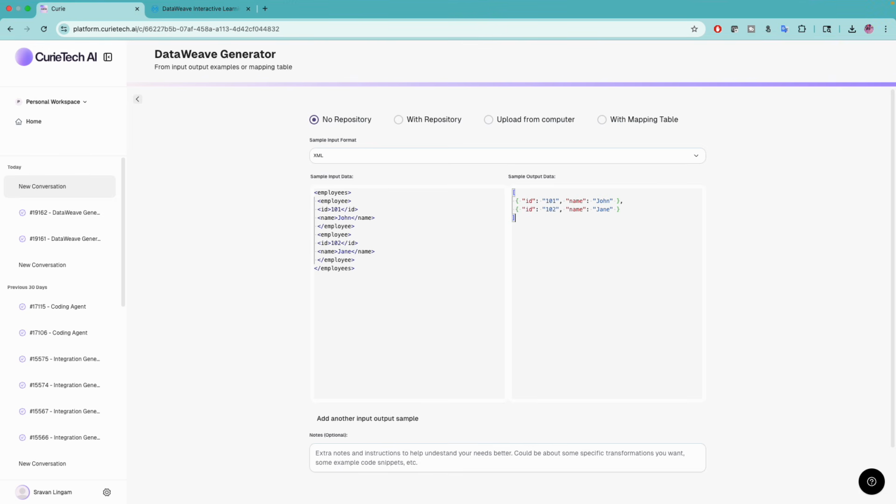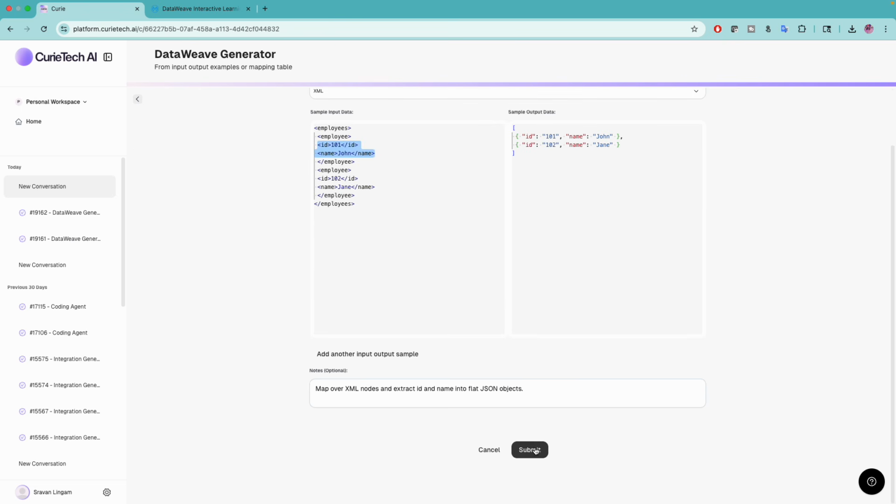So I have to give my prompt clearly, saying, hey, this is my prompt now. Map over the XML nodes and extract ID and name into a flat JSON object. I'm saying map over XML nodes. We never know where this ID and names will be, there can be sub nodes here. So I'm just asking them to do that. So if I submit here,